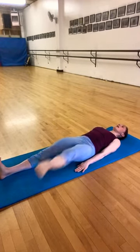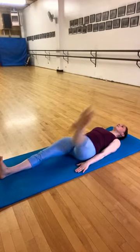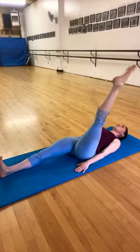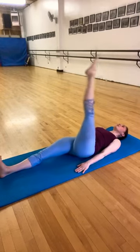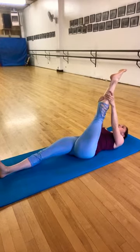And 2, abs into lift. 3, exhale. And 4. And I'm feeling a reach through my bottom heel, and you have a nice reach through your top leg. Last 2, 7, and around, one more, 8, around, catch your leg nice and long, enjoy a stretch, and then